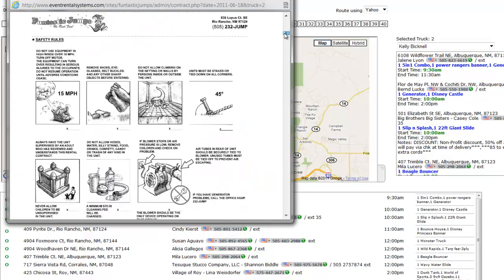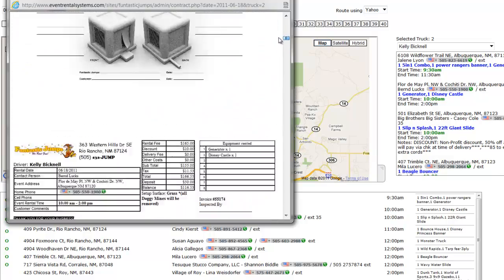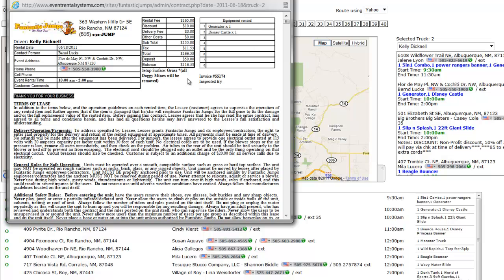By default, all of our contracts print in duplicate unless you change that in advanced options, other settings, and make it singles. So the idea is that you sign one copy and hand it to the customer, and they sign the other copy and hand it to you along with any payment that may need to be collected. And